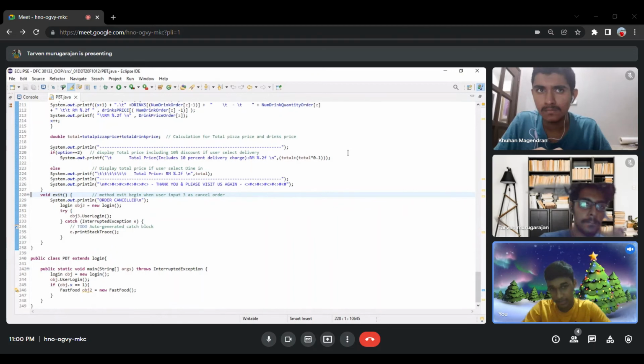When the user makes a mistake 3 times in a row, the timer will display. I'll show you how it goes. For example, I simply make a mistake 3 times. So here the timer is displayed. After the timer, it asks if the user wants to continue login or exit. I'll choose continue login.